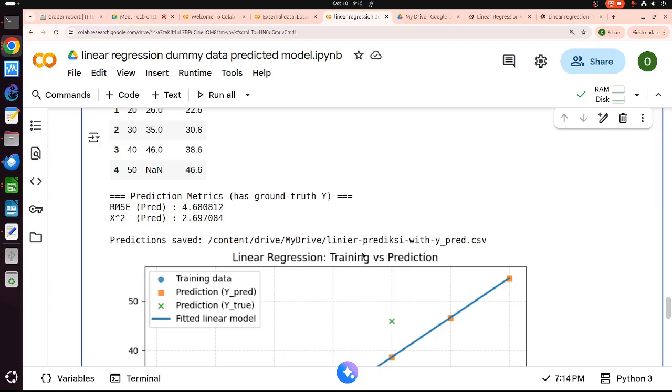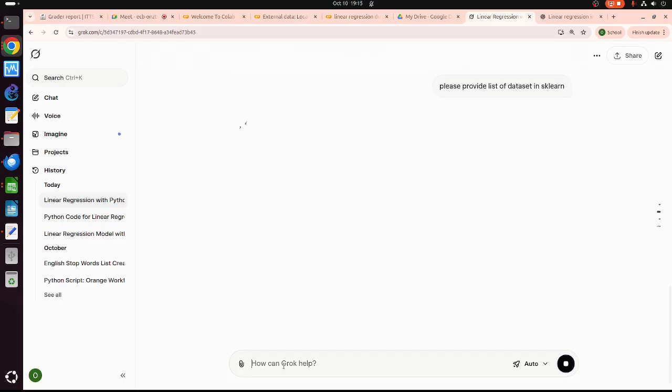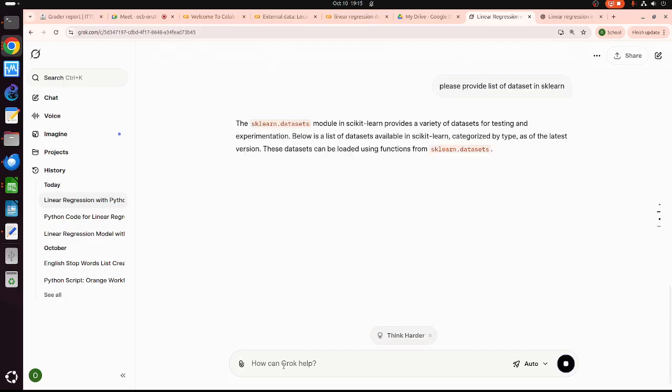Okay. Now, of course, please provide a list of data sets. So I want to show you some of the data sets in sklearn, and also we can play around with them as well, so we don't have to generate.